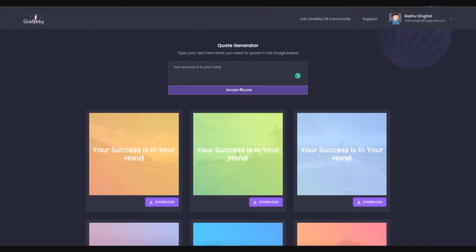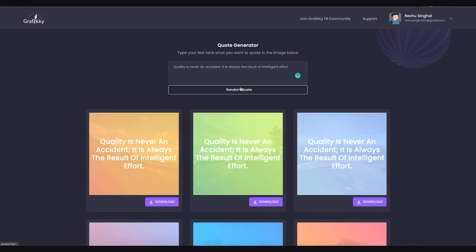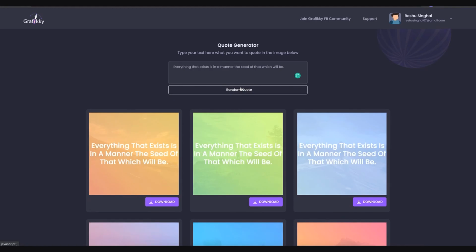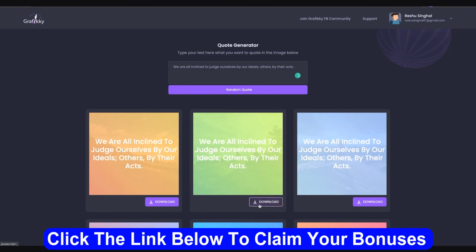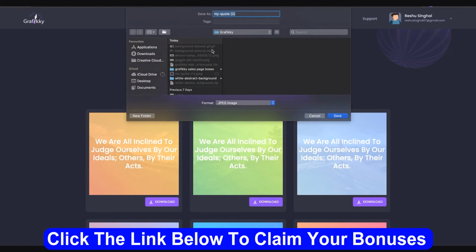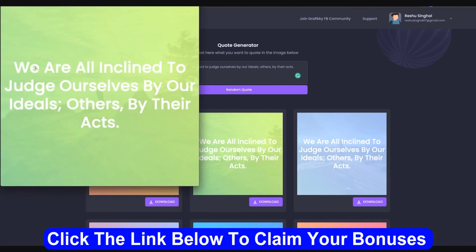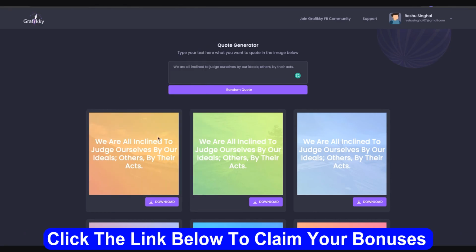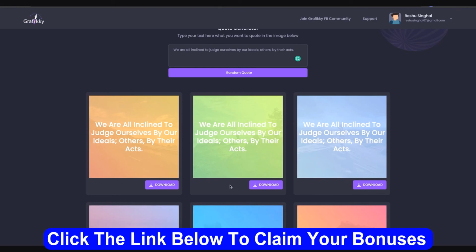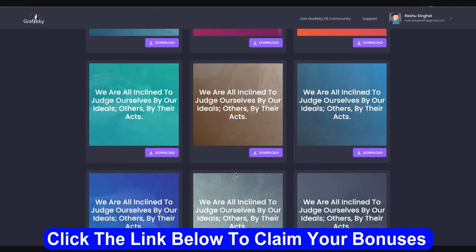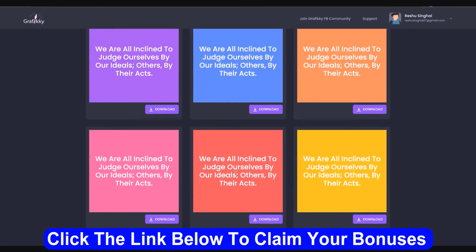Or you can just click on random codes and random codes will come up, which you can use. You can directly download from here and use them. If you wish to edit the background or something, you will also get the option of editing over here. When you click on edit, you can edit everything present on the code.